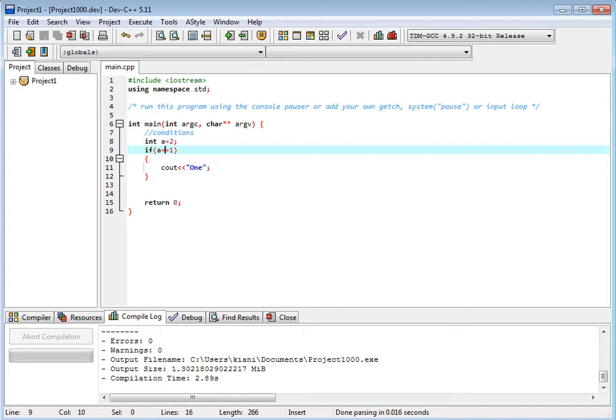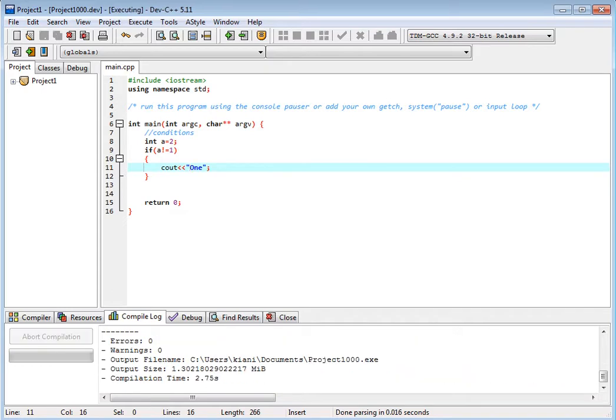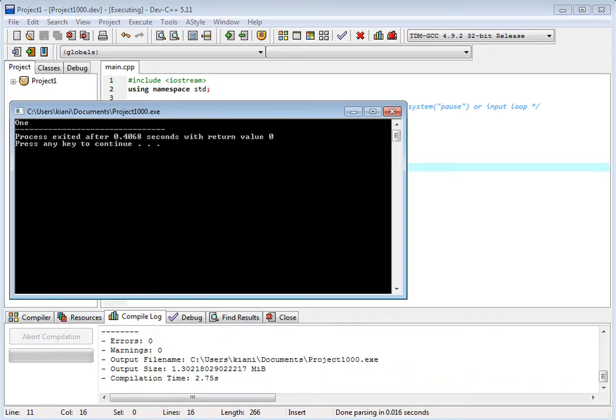If I use not equal to like this, means 2 is not equal to 1, then do this portion between these brackets, okay. Now it will say 1, okay.